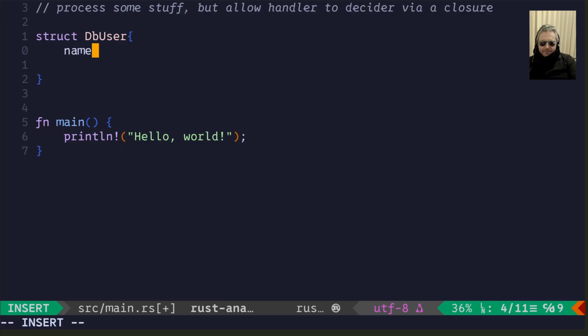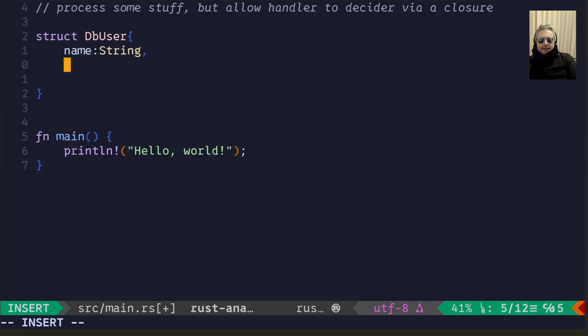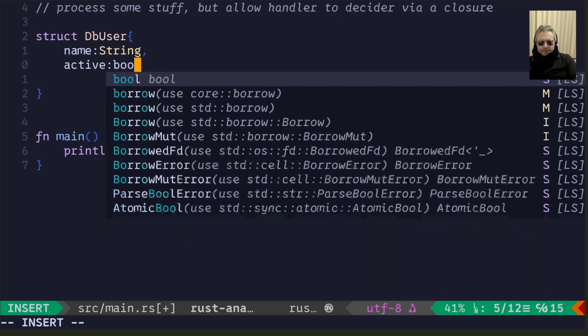So this is like a database user. It's self-explanatory. What else do we have? We'll have whether it's active or not. So, bool,